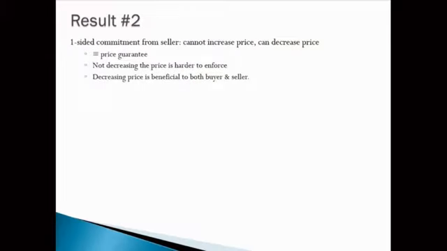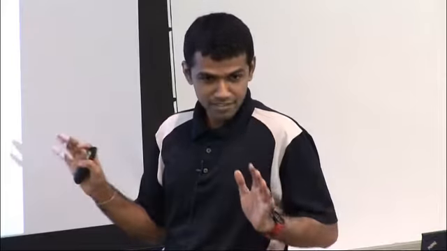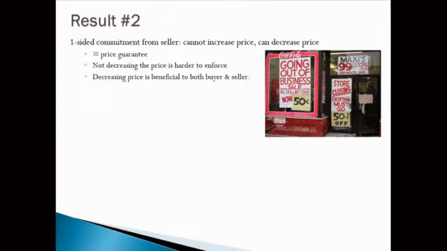So you look at a natural equilibrium, this doesn't exist, there's no commitment game. We looked at what could happen if we allow partial commitment, right? So the seller says that I will not raise the price, that much guarantee I can give you, I will not exploit, but I could lower the price in the future. In some sense decreasing the price is beneficial both to the buyer and the seller. The seller is doing it because it's benefiting him, and the buyer in any case is happy to accept a lower price. So basically what we are saying is liquidation sales are allowed, right? One side is fine, the other side you can't raise the price.